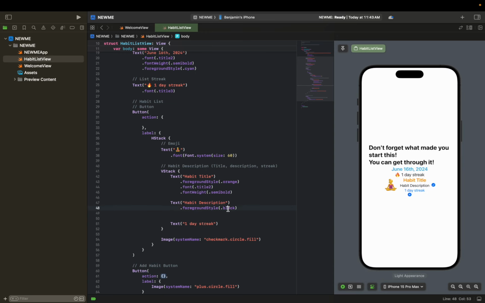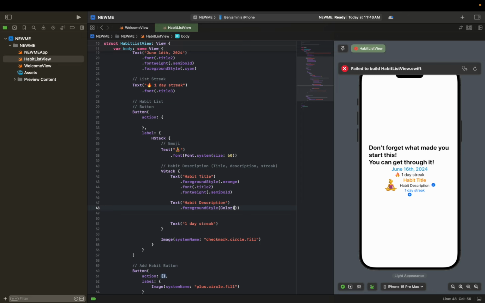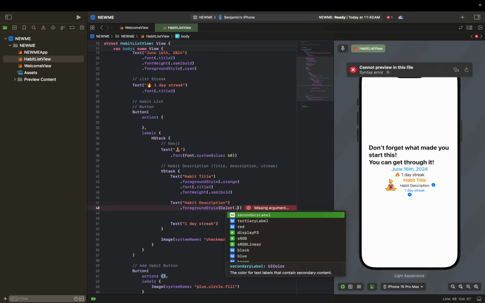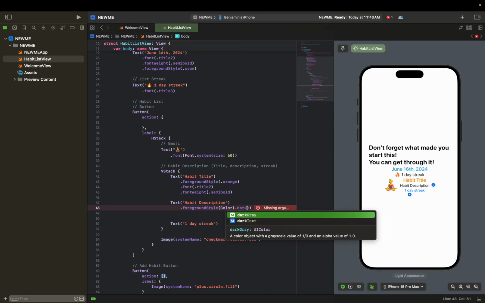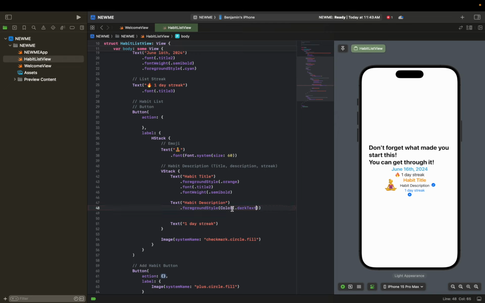The reason for it is this is a predetermined color. It doesn't change. What I want to do instead of using that predetermined static color is use a color that's going to change when I change the theme to dark mode or light mode. And there's this color that is a dark text. I don't think you can write it without using color, to be honest. Let me just test. Yeah, it doesn't allow you. So you really need to use the color. And it's going to allow you to access this dark text color, which is going to change depending on the